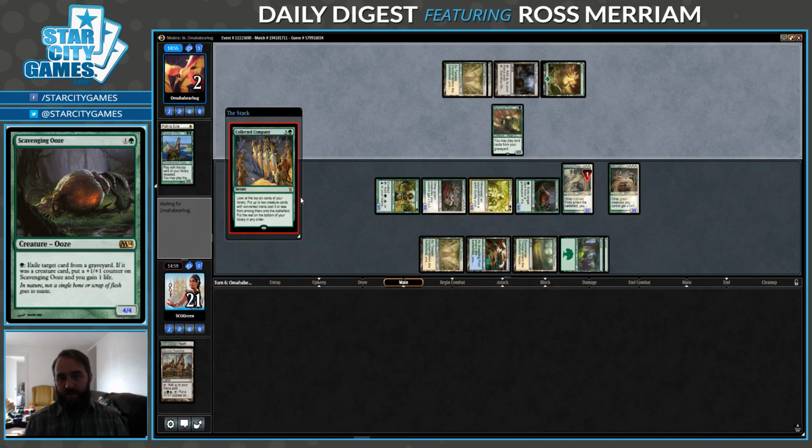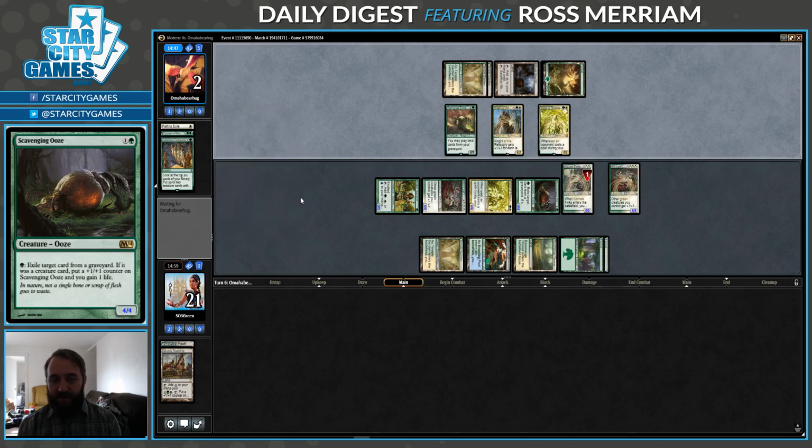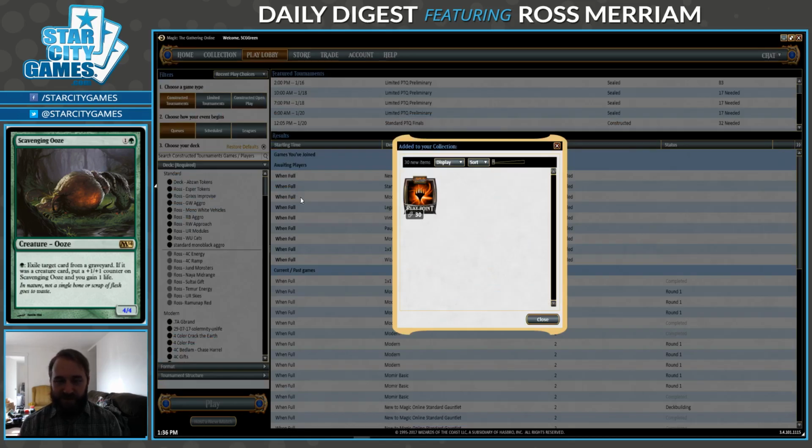Yeah, there's the Collected Company, but I don't see what this is going to hit. That's going to do enough. Even if it hit 2 Wiltleaf Lieges, or not 2 Fiend Hunters for my Wiltleaf Lieges. But yeah, that's not in their deck, and we win a pretty easy game there in a matchup that generally I think would be kind of poor,